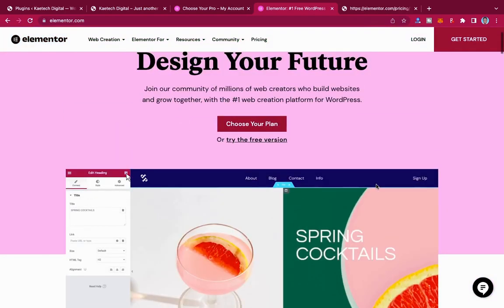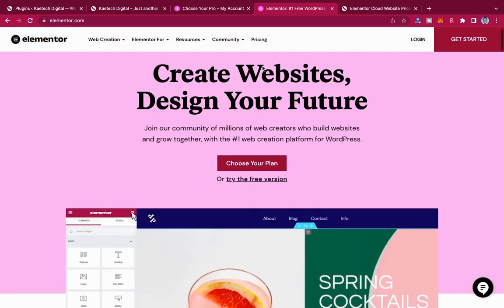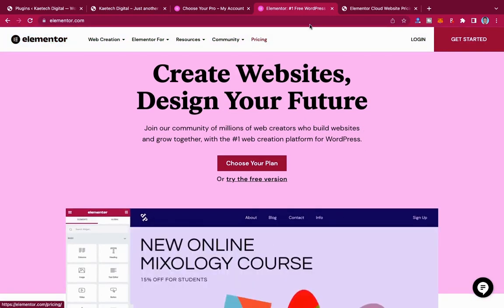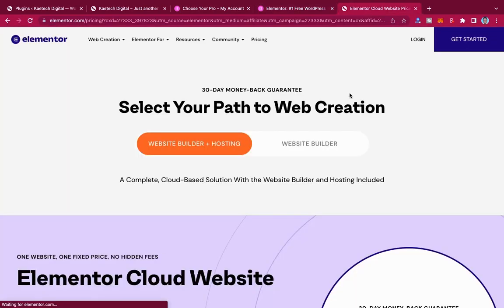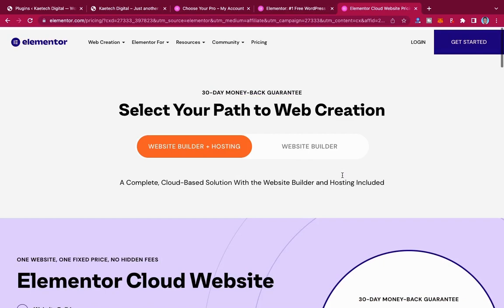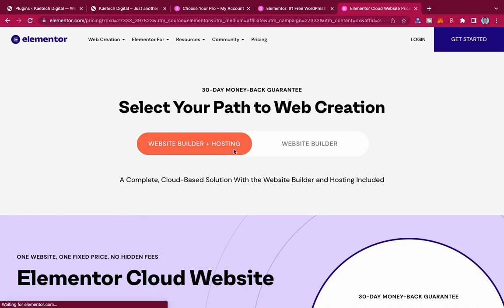Now all you need to do is just click on Login, or you can go straight to Pricing over here. Okay, now of course this is how it's going to open for you, just like this one over here. So you either select whether you want Website builder plus hosting. Okay, of course Elementor also has